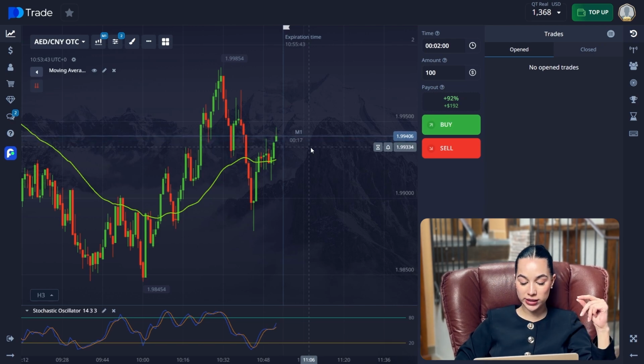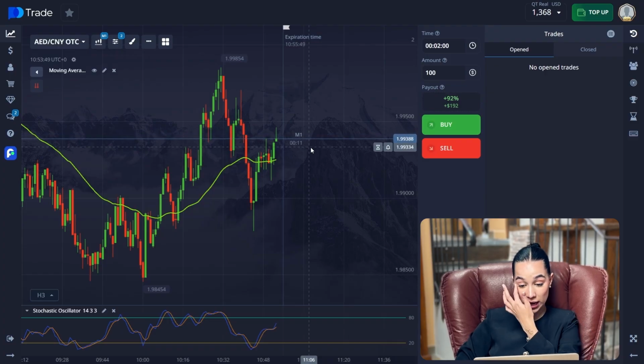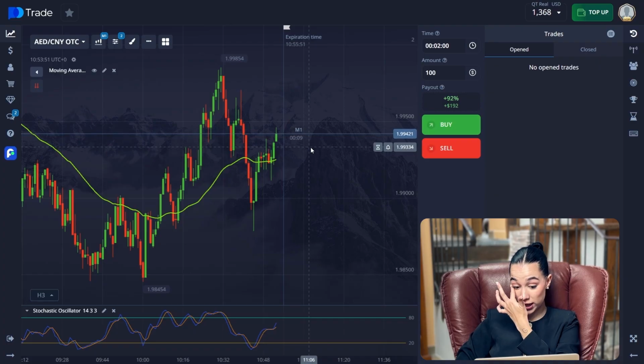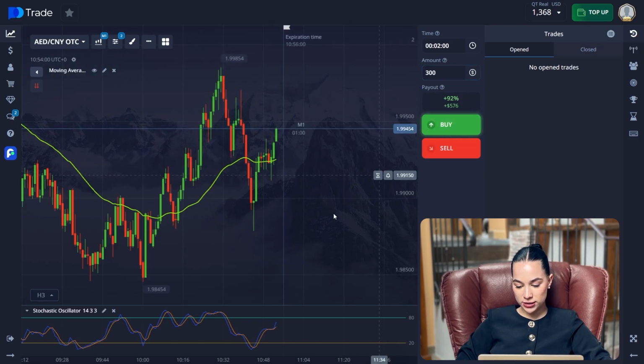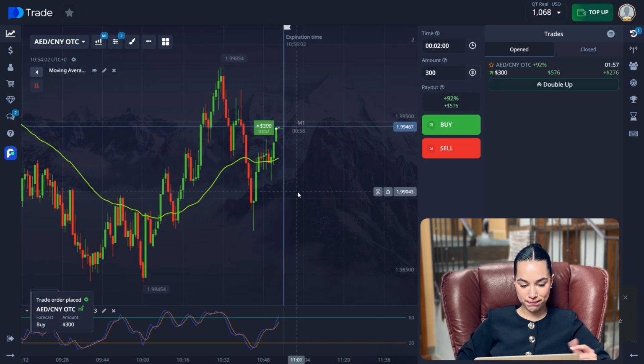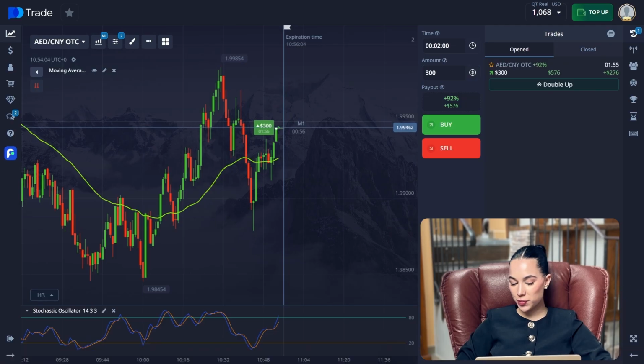And if the next one is going to be a green candle, we're definitely going to open a buy trade, because by all of the indicators, it's definitely a buy signal. 2 lines of stochastic moving upward in the same direction. Let's actually change the amount to $300. And we're going to open a buy trade here. Boom, like this. It's a pretty good situation actually, and I'm sure that it will confidently go in the plus,